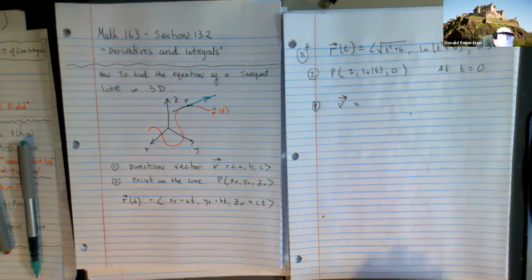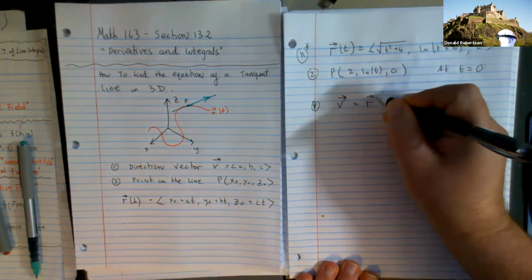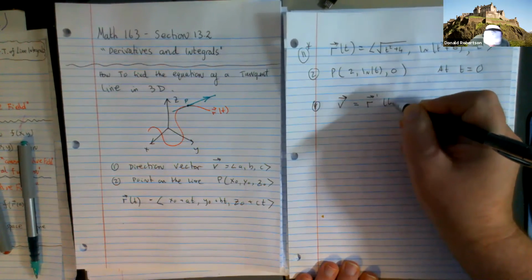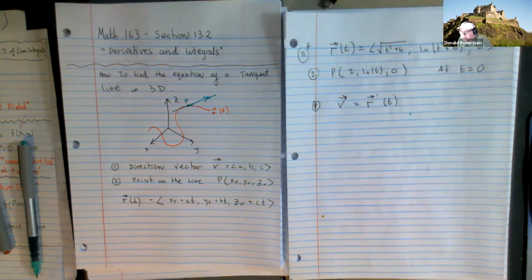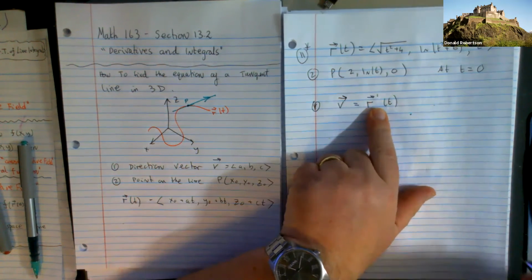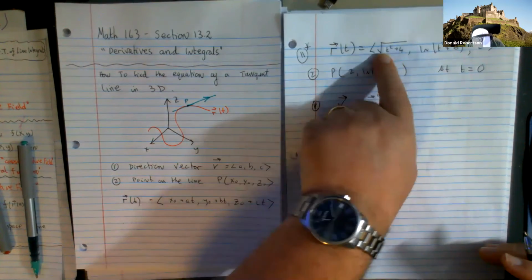Yeah. If you think Calc 1, if I wanted the equation of a tangent line, wouldn't I find the derivative of the curve at the point? And that would give me a guy called m, the slope. Well, if you expand that into 3 and 4 dimensions, isn't the derivative vector kind of like the equivalent to the slope? But it's a vector rather than a single number. Now, I need to get this guy, which means I'm going to have to differentiate these 3 things,